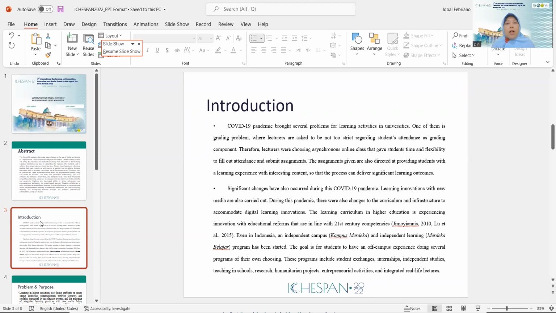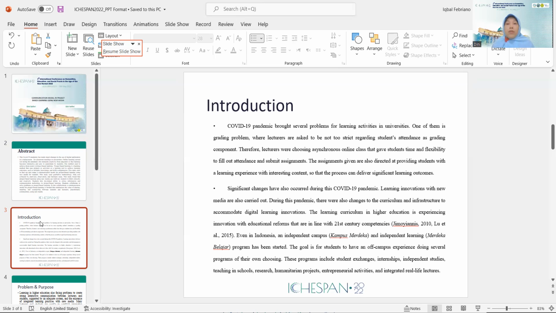Significant changes also occurred during the COVID-19 pandemic. Learning innovation with new media was also carried out. During the pandemic, we also changed the curriculum and infrastructure to accommodate digital learning innovations. The learning curriculum in higher education is experiencing innovation with educational reforms that are in line with 21st century